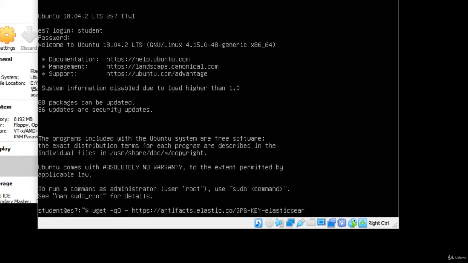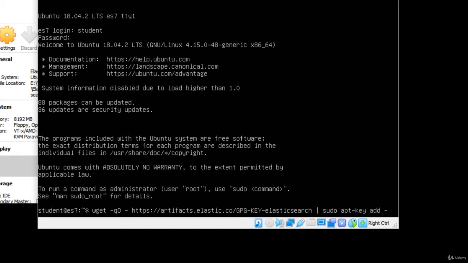Make sure you pay attention to capitalization and spaces and everything here. One wrong keystroke and it won't work, all right? All right, now we're going to do a space and a pipe symbol. That's shift backslash, and another space, sudo apt-key space add space dash.